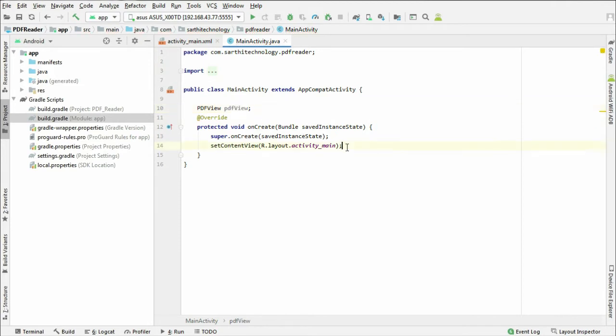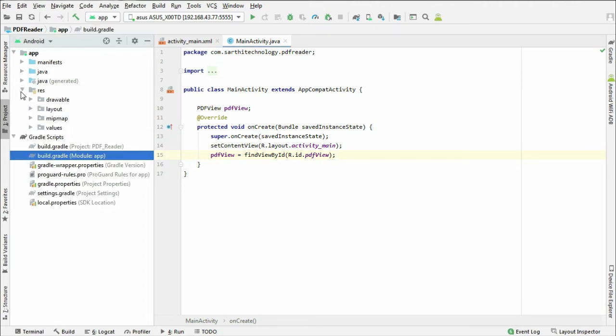Okay, and here PDF view equal to find view by ID dot ID dot PDF view. Okay, now first we want to open PDF from asset folder.